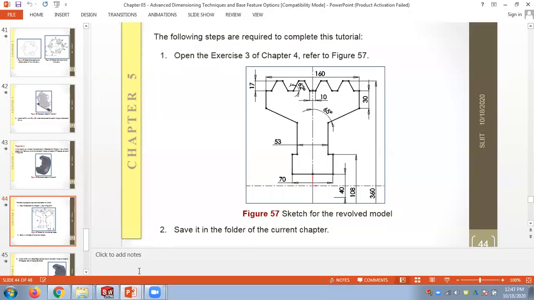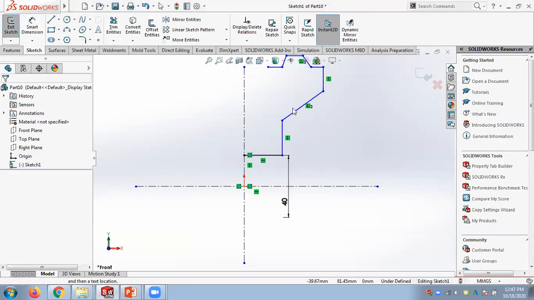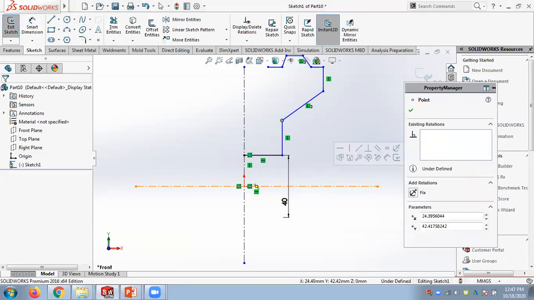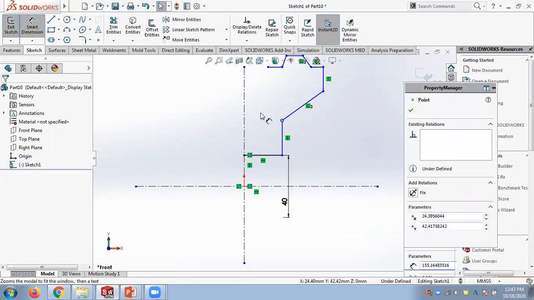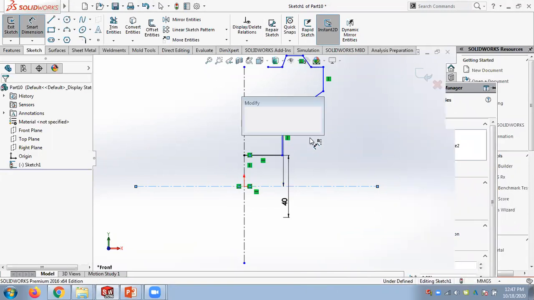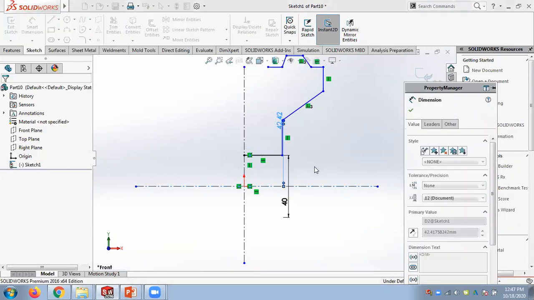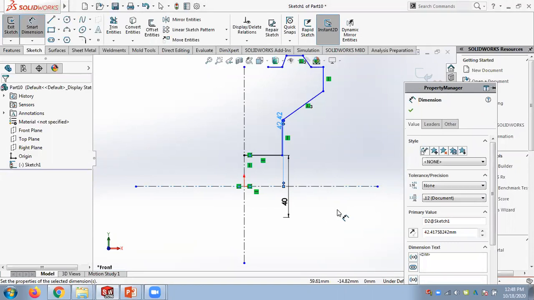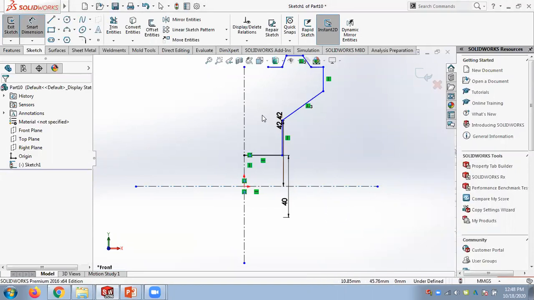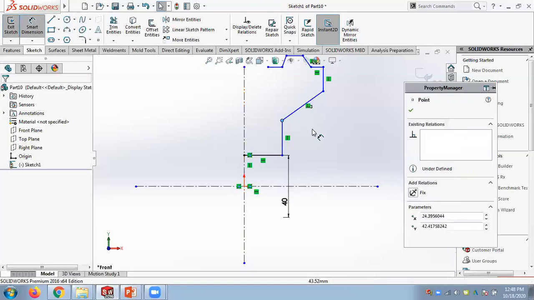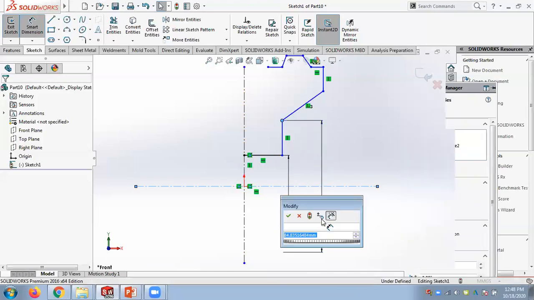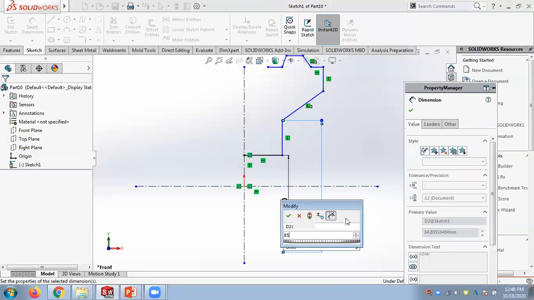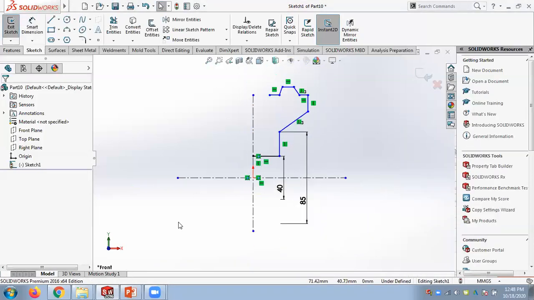So this is 108. So if I want, I can come here and put a dimension from here to here, here to here. So if you take the mouse to the other side, it will be double. So this is how we give it in SolidWorks. So you try this tutorial. When you try the tutorial,